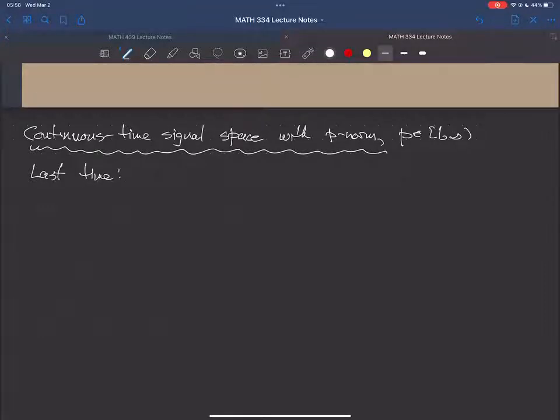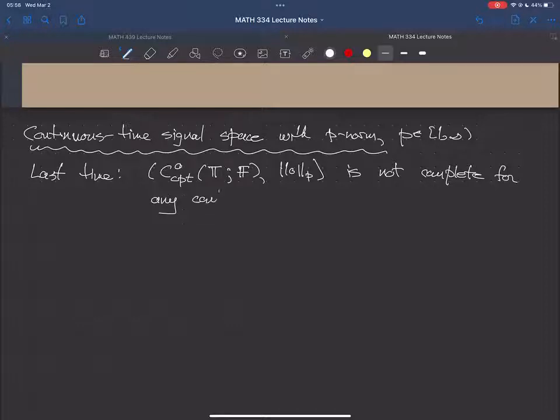is we showed by example that if you take the set of continuous signals with compact support on some continuous time domain T with the P norm, this is not complete. All right, and this is true for any continuous time domain T, and any P